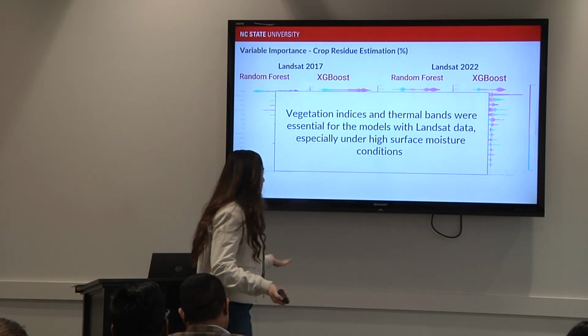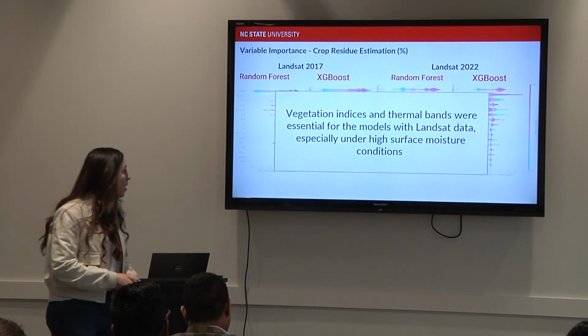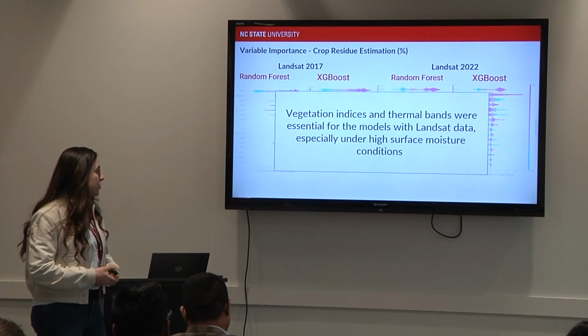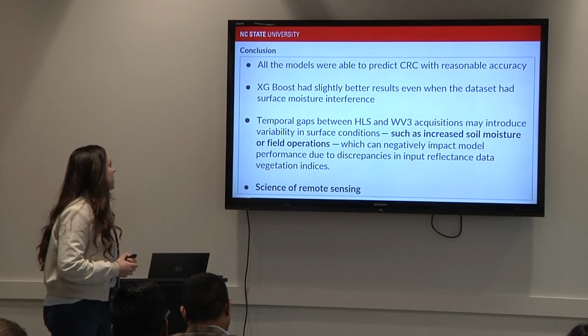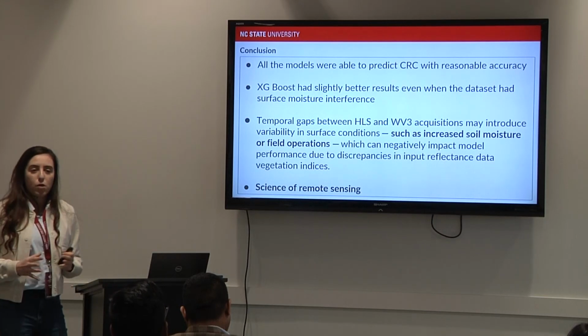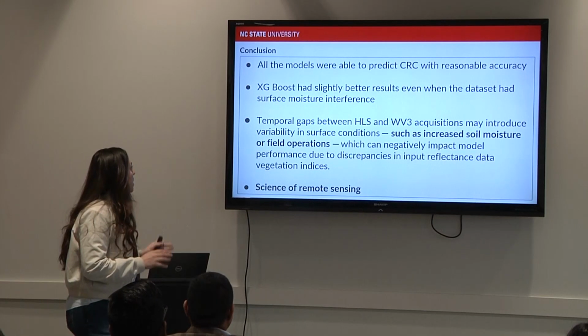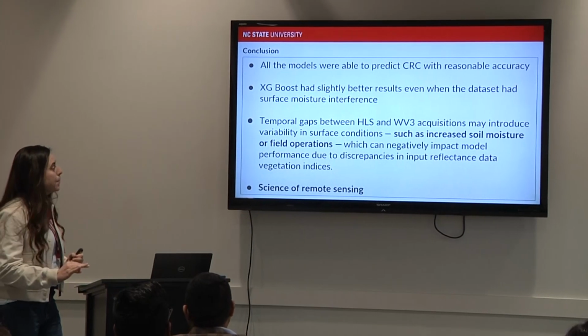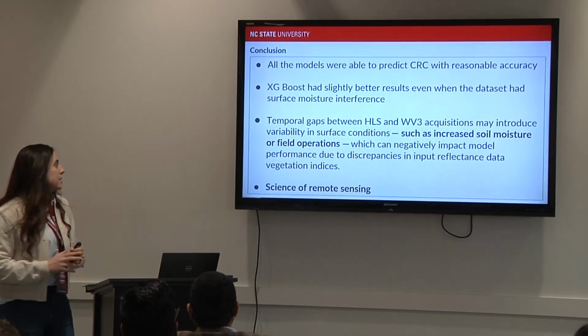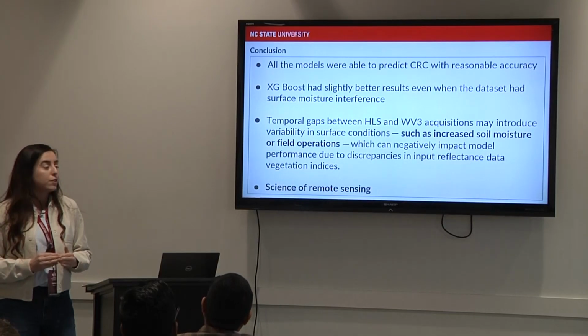Vegetation indexes and thermal bands were essential for the models with Landsat data, especially under high surface moisture conditions. As a conclusion, all the models were able to do the prediction. XGBoost had slightly better results even when the data set has surface moisture interference, and the temporal